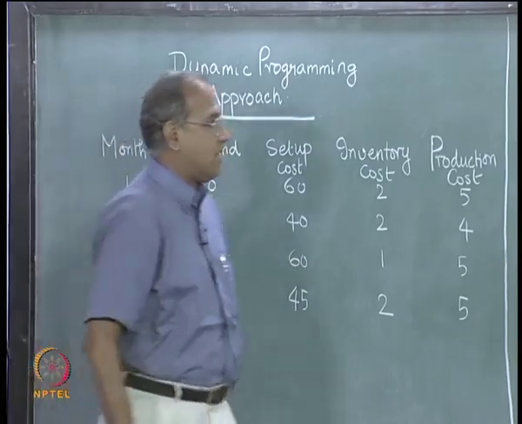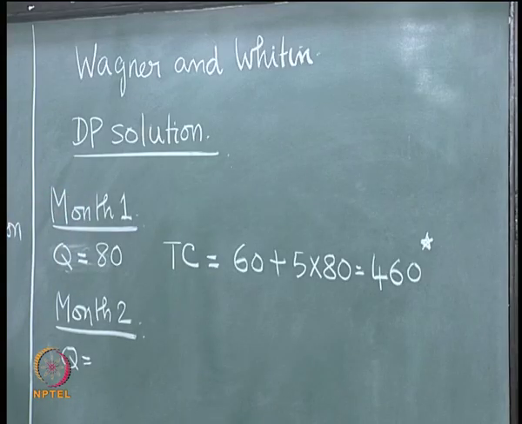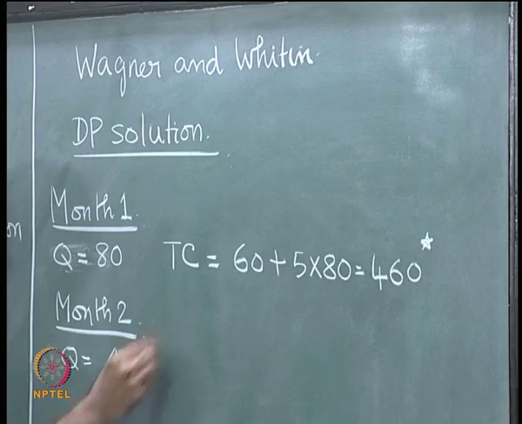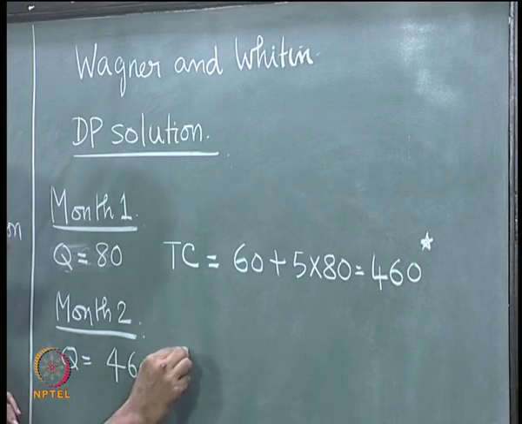So, one is to try and meet the month 1's demand in the best possible way, which is 460, which comes from here, plus produce what is required for month 2 by incurring a setup cost of 40